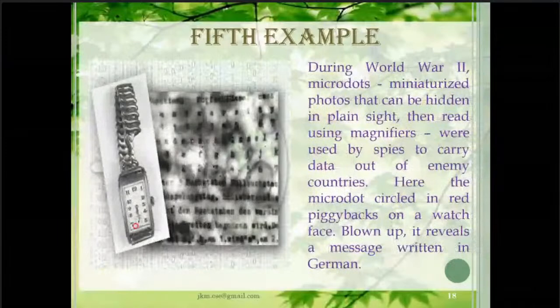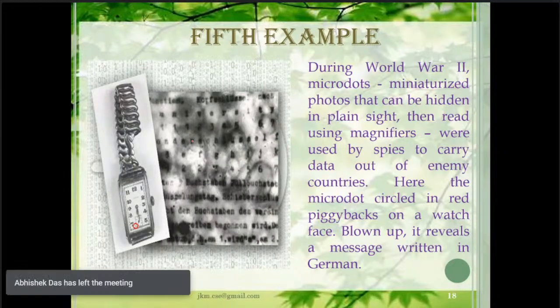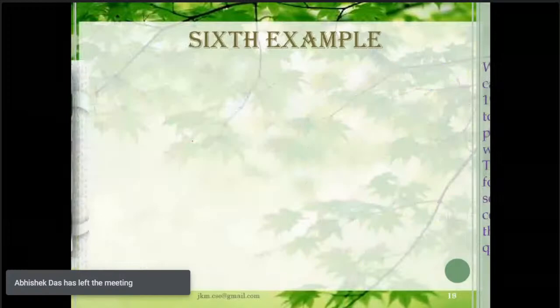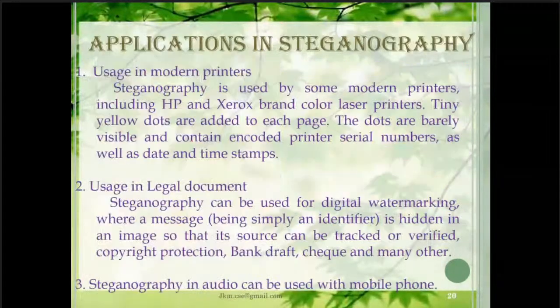So in World War II, in 1942, tiny dots were made on watches. The watches were handed over to the warfield. They used to blast the dot and read the latest strategy of the war. And this is, you see, one posture detection. We cannot torture a prisoner; it is the UN system. But you see, from the face, we can see that they are tortured. So from here we can go for it.